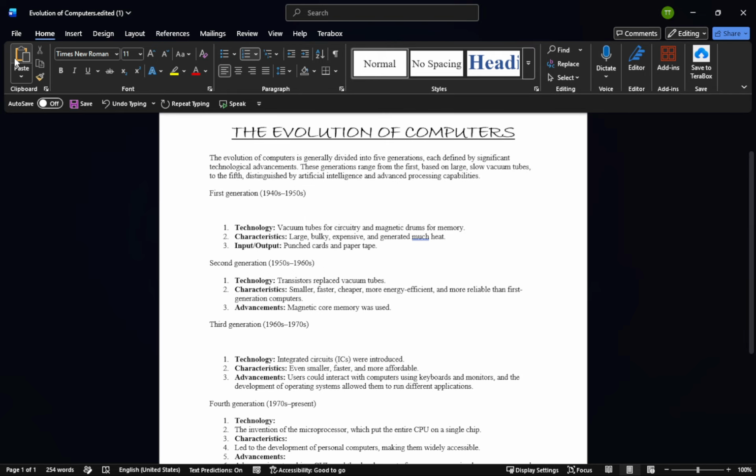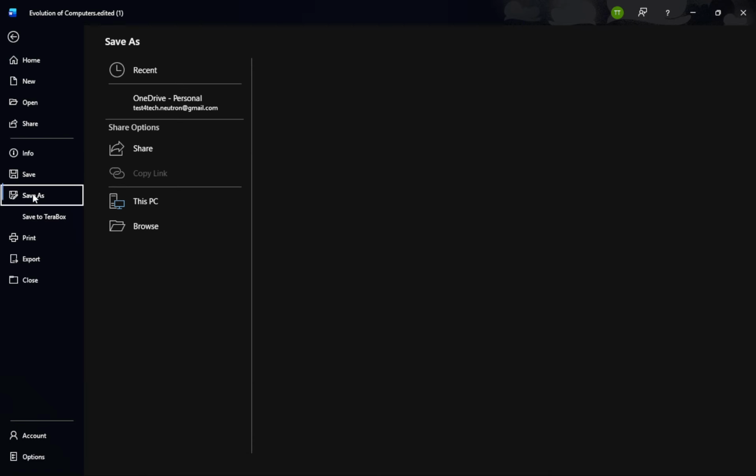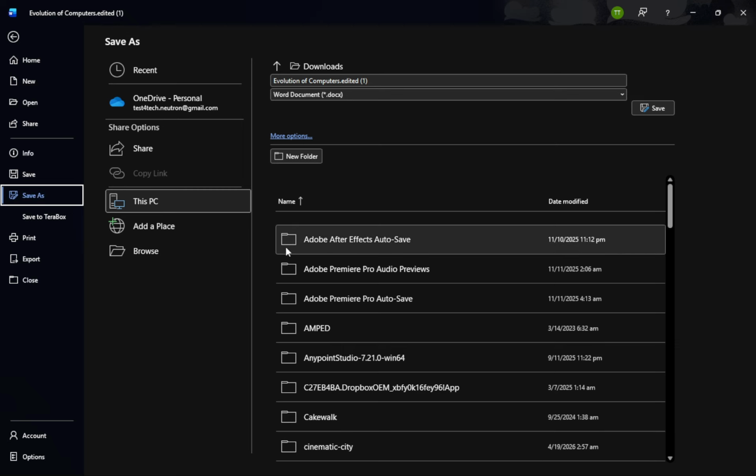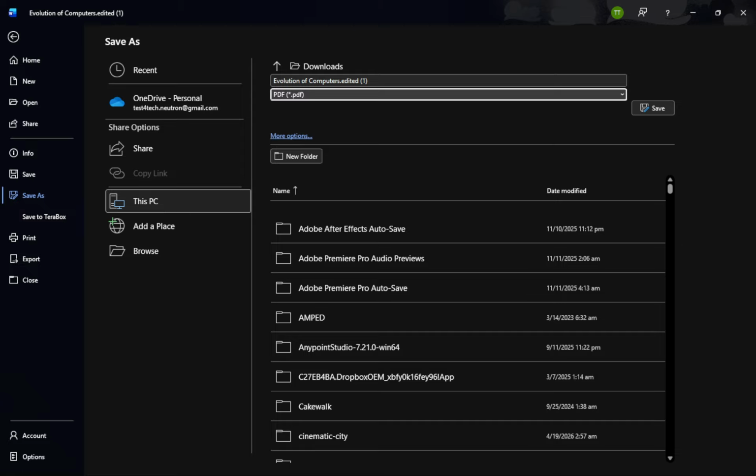Prefer a browser-based approach that works on any device? You can use a reputable online PDF converter. Visit a trusted site that offers PDF conversion tools, upload your file, let the site process it, and then download the resulting PDF. This is handy when you're on a shared computer or a mobile device. As a best practice, avoid uploading sensitive or confidential documents to online services and delete files from the site when you're done if that option is available.